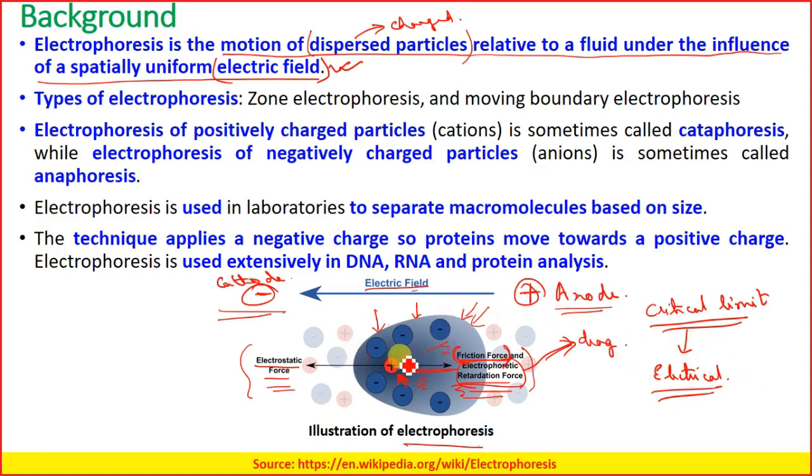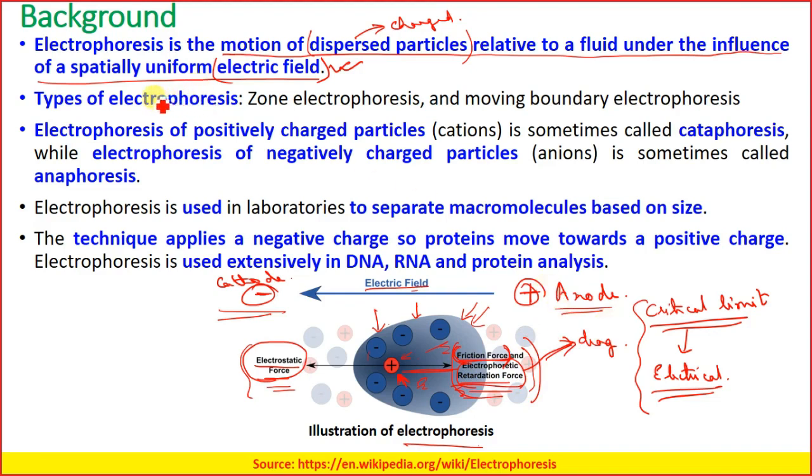before, after which these cations or the anions, or if you generalize it, the charged particles, start moving within the system. Okay, so you have to apply a minimum electrical field which will be needed. Otherwise, the total electrostatic force applied over the charged particle will be counterbalanced by this frictional force and the electrophoretic retardation force. Okay,